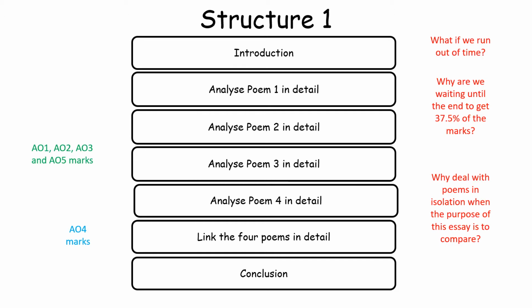Now, whilst I understand entirely why they might do that, because they think, right, let me analyse poem 1, poem 2, poem 3, poem 4, then I've talked about them all, and then all of my connections will make sense because I've already introduced the poems, I understand the logic there completely. However, what I see from this is as you're analysing poem 1, 2, 3 and 4, you will be getting AO1, AO2, AO3 and AO5 marks, I completely agree, but we're leaving that 30 marks available until the very end